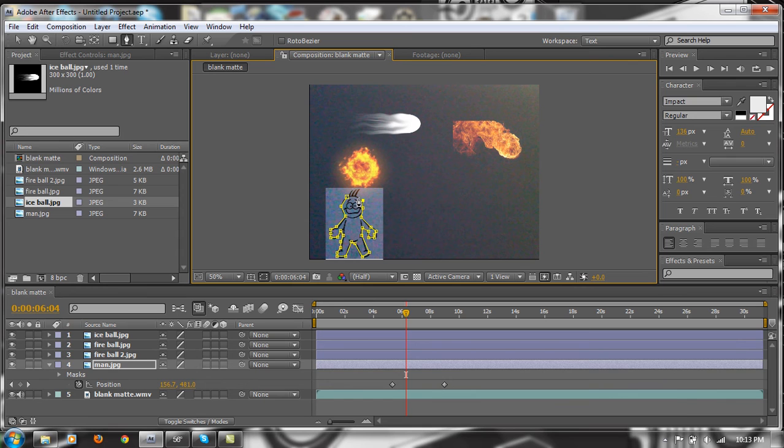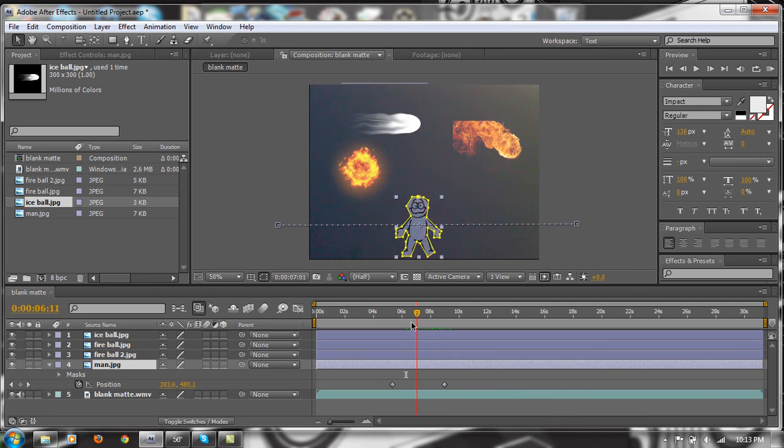Also, another thing you can do with the pen tool is add a point, hold it down, and you can make it all crazy. I don't like using that all the time. It's a good tool if you're going around objects, but there you go. And there's our man, and basically only our man. If we select him, he'll do the same transition, and he looks more regular because we masked out